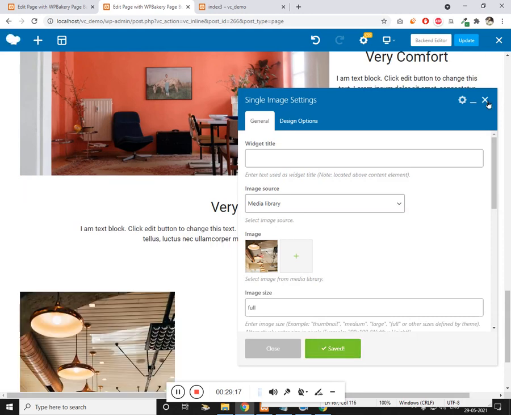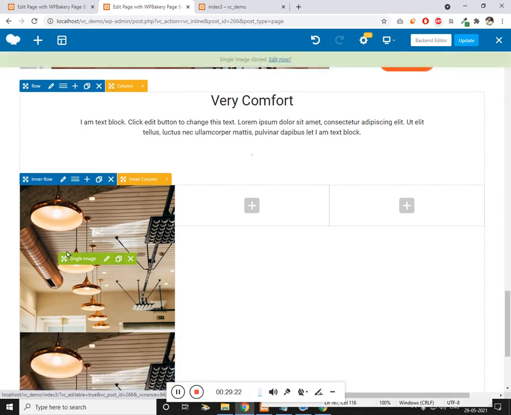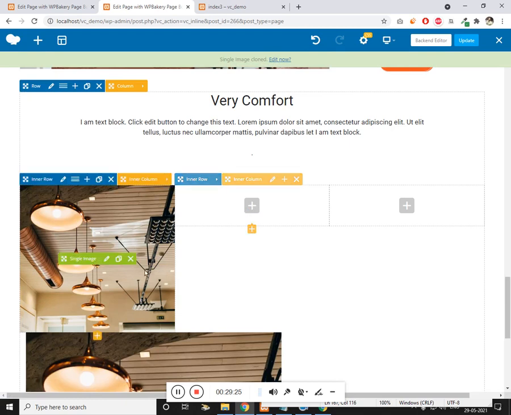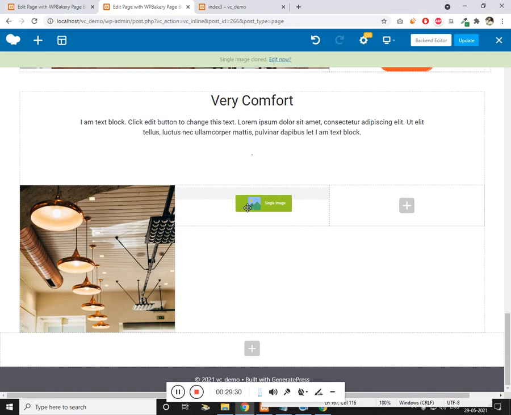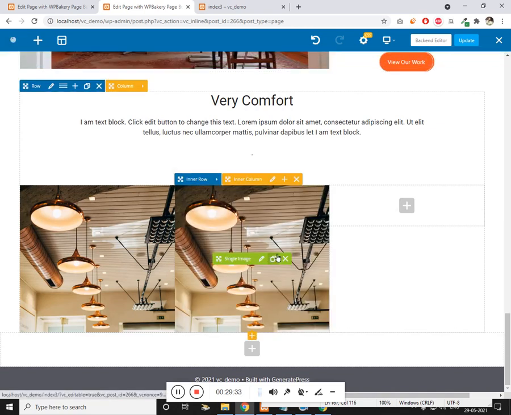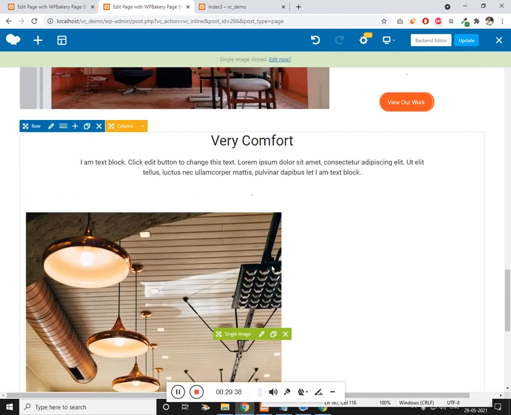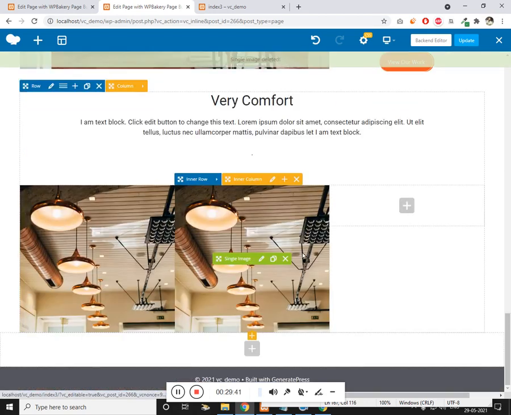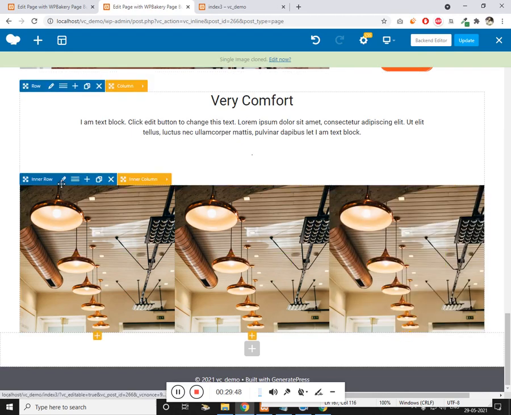So let's make a copy of this and place this on the remaining 2 columns. Cool. Now make a copy of this row. You just have to change the images, that's it.